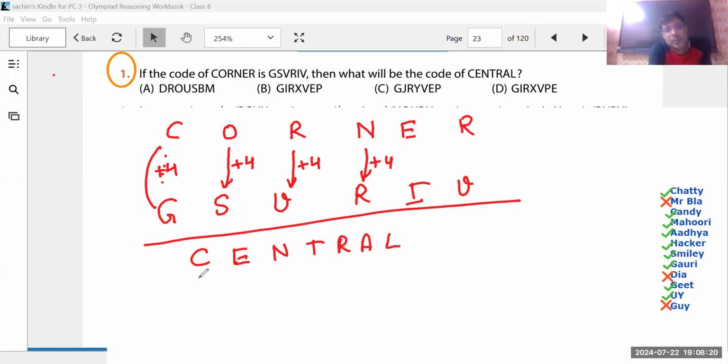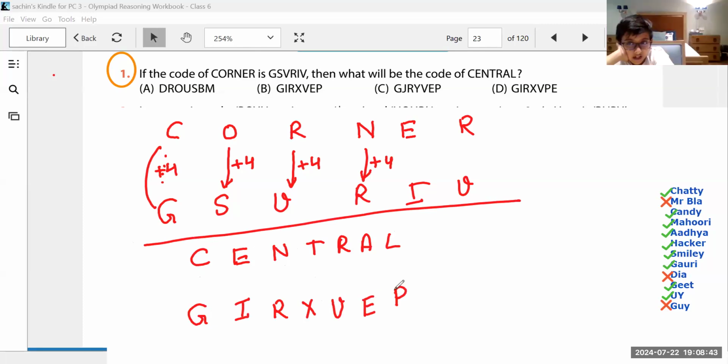So I will go plus 4: D, E, F, G. So F, G, H, I, O, P, Q, R. Then U, V, W, X. S, T, U, V. B, C, D, E. And M, N, O, P. Sir, what if it's a letter like X? So you will move